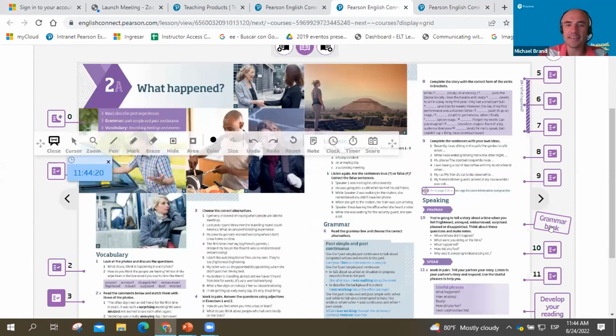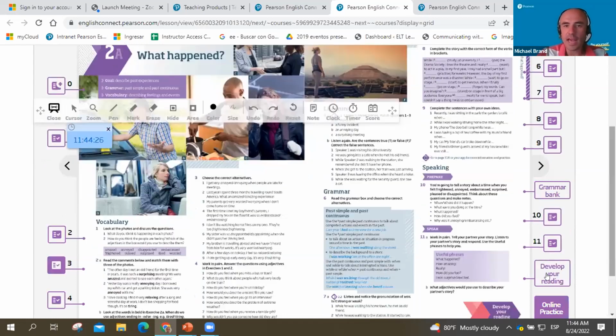You can also get to the end matter in the book. So the grammar bank has more detailed grammar explanations. And this particular course roadmap has 4 key communicative focused lessons, which also all have a communicative goal, here describing a past experience, and they do include all the skills that have a particular focus on speaking.